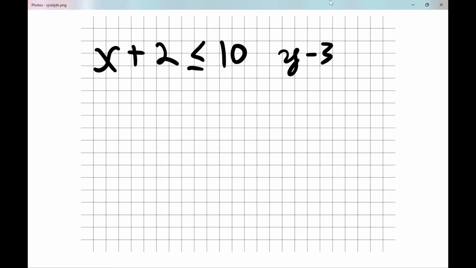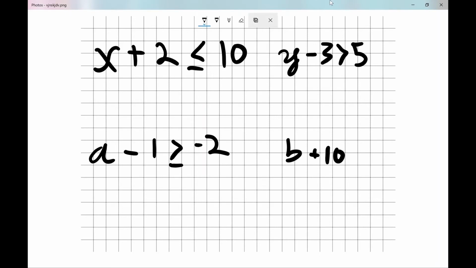Suppose you have x plus 2 is less than or equal to 10. You have y minus 3 is greater than 5. A minus 1 is greater than or equal to negative 2. B plus 10 is less than negative 5. Okay? Once again,